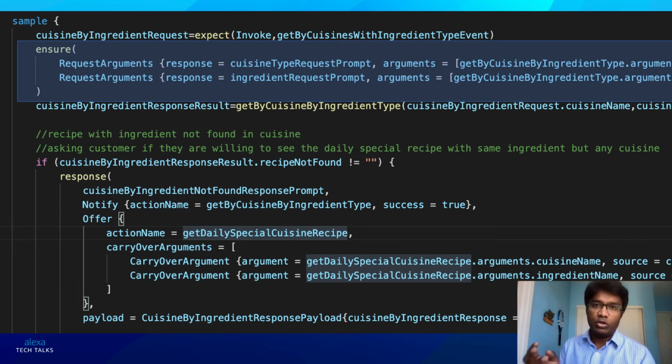Now, in the developer console, this is managed by writing multiple dialogues to annotate the skill behavior in different situations, and also setting required arguments in the API definitions. It is far more flexible in ACDL. In the dialogue, as you can see, there is an ensure block. This is a key block that you can use to make the arguments mandatory for a specific turn within a dialogue, or multiple turns, or multiple samples within the dialogue as well.